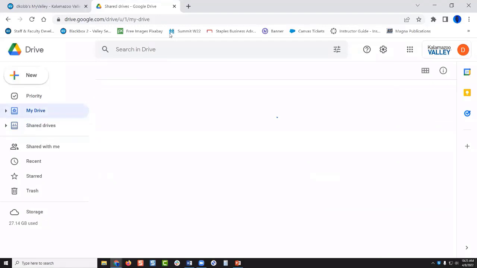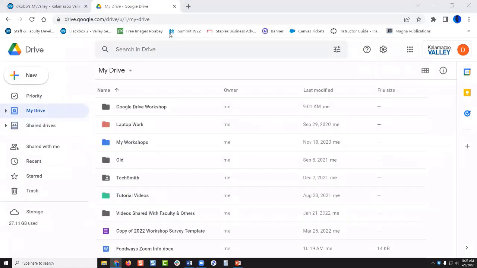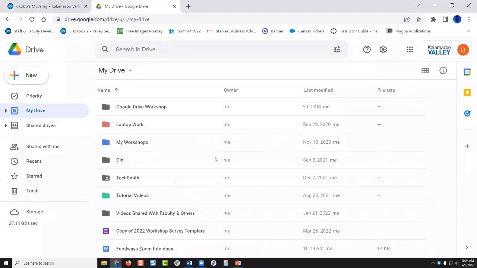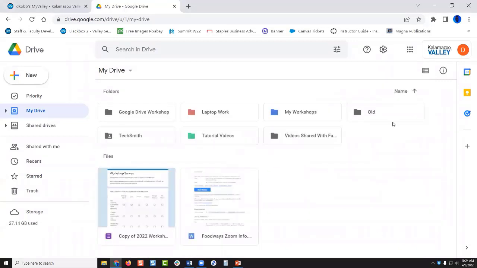Before I move on, how did you get to the view? So you have different ways of viewing your files and folders in your drive, and you can switch between them with this button here in the top right area. You can have it as a grid view, or you can have it as a list view. It's entirely a personal preference thing, whatever you prefer, but that's how you switch between them.